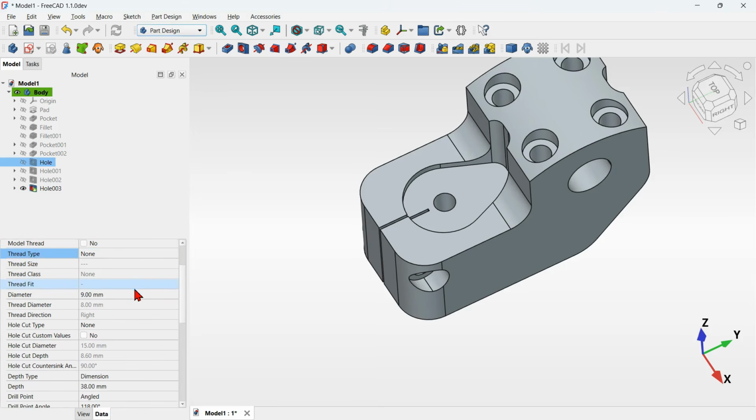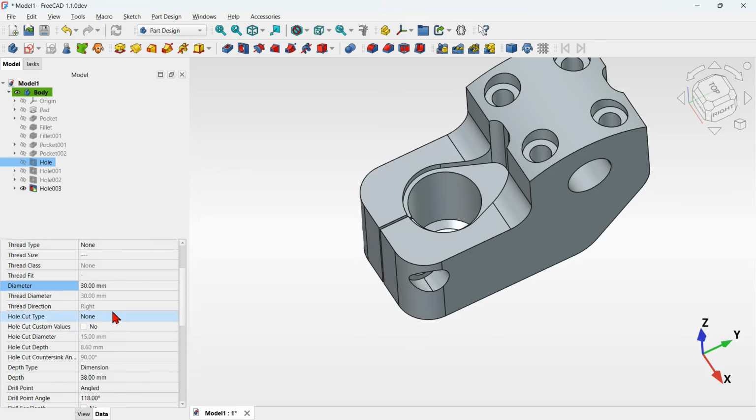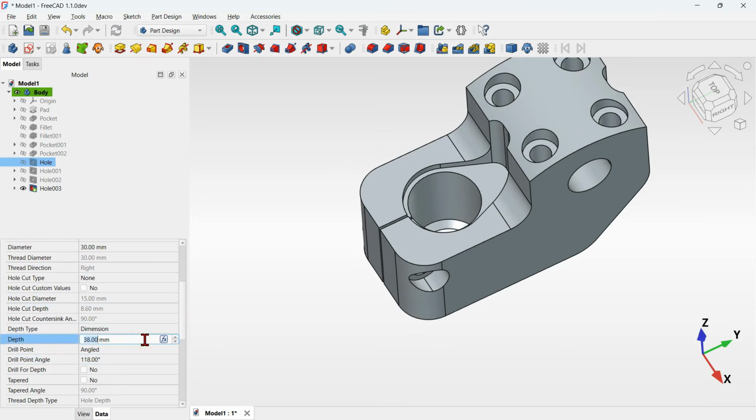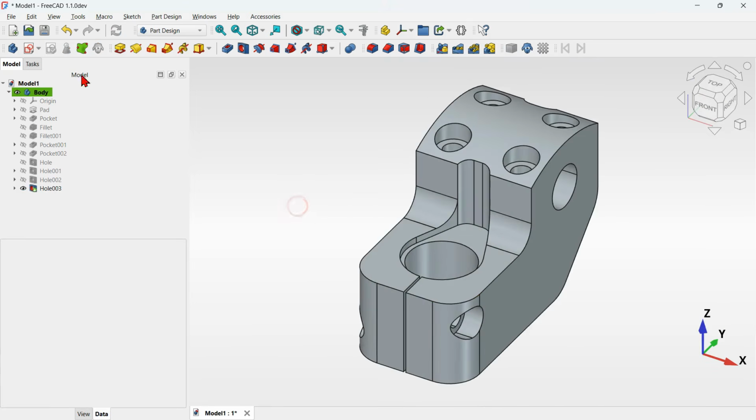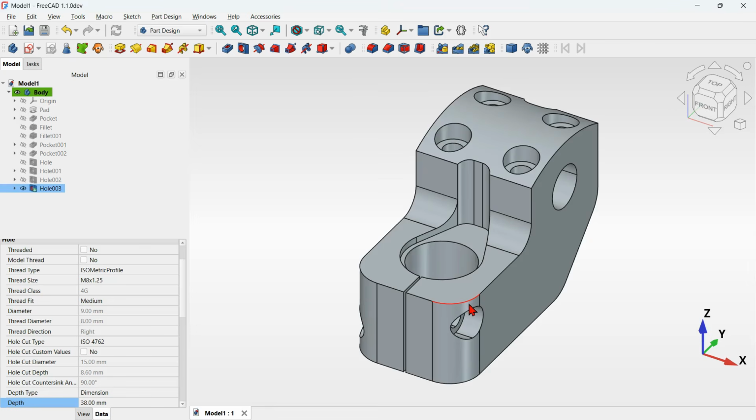Okay, and then I will go to the diameter and change it to 13 millimeters. And also I will change the depth to something like 70 millimeters like this, and I have it again. Okay, I will save the document and next I will start by selecting this edge here and go to the